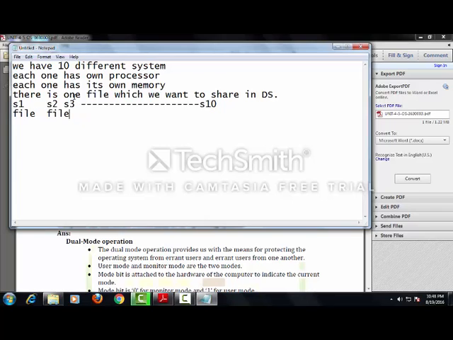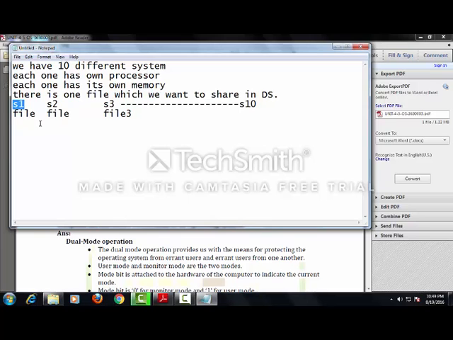This is the replica of the file in server 2. This is the replica of my file in server 3. In that manner our file will be copied in different servers, and all servers are connected to each other through the telephone line, right? And they are sharing the resources. The file is our resource in that case, right?